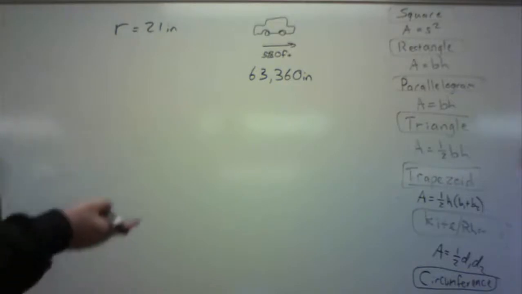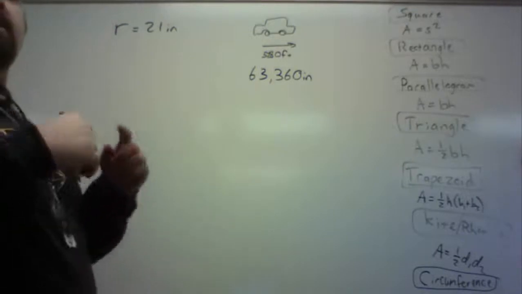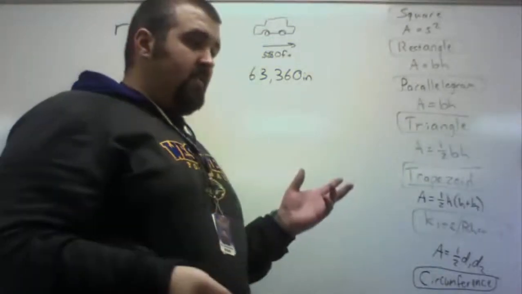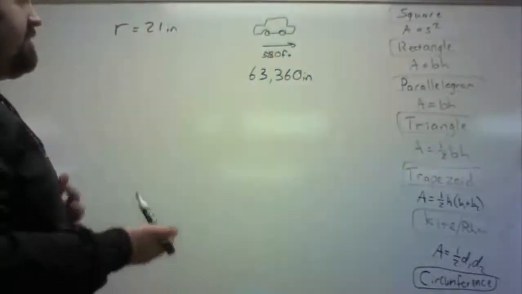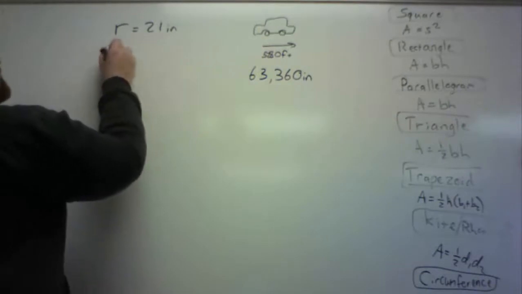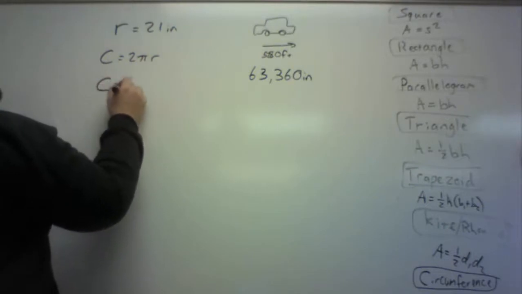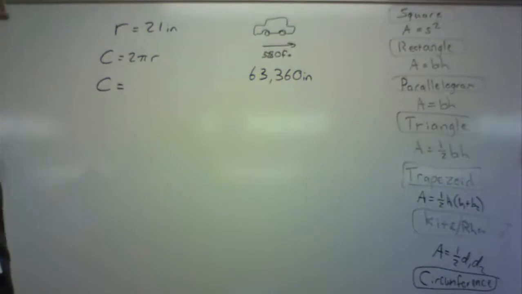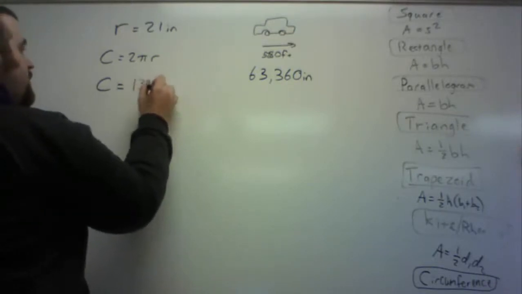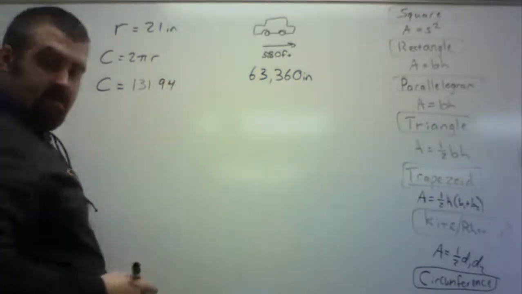Well, what's the circumference of the tire itself? Because that would be the length of one time around, which would be one revolution. If I know the length of one revolution, and I know the total length it went, I should be able to find how many revolutions it took. So the circumference is 2 pi r, which here is 2 pi times 21. So 131.9469